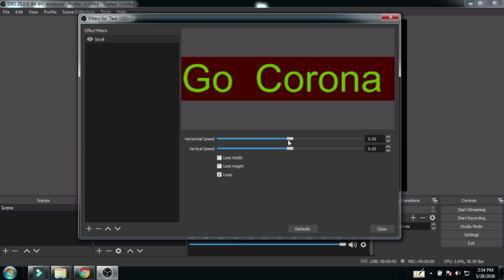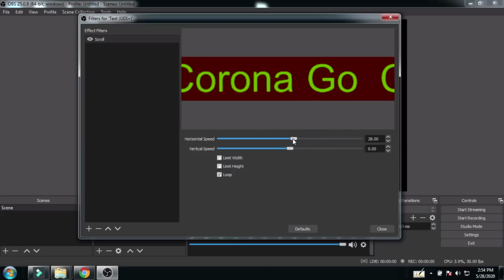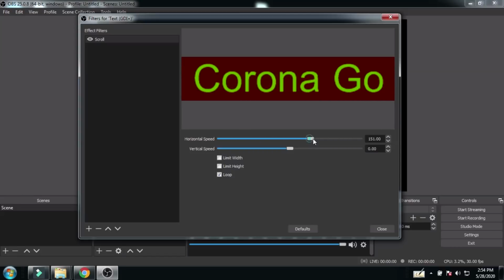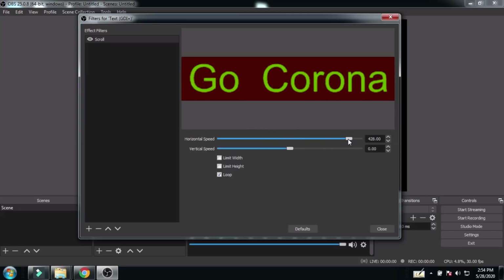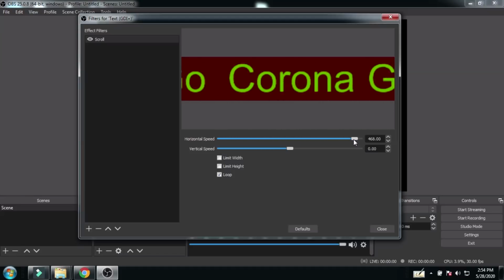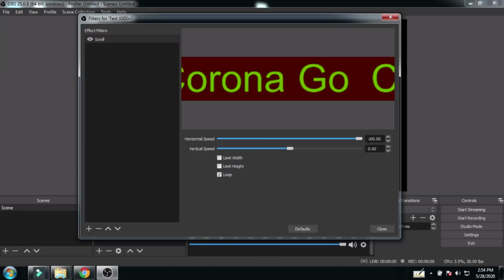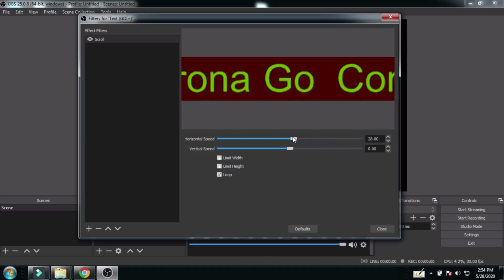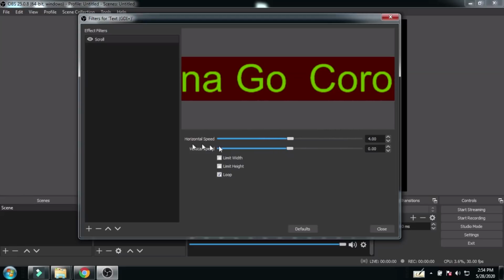If you change it to the right-hand side direction, the text moves horizontally. According to your interest, you can change this text. Speed goes up to 500. Now change it, if you need no animation, change it to 4.